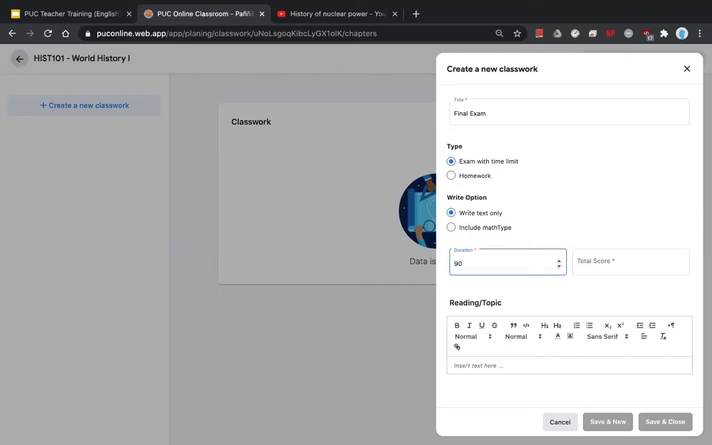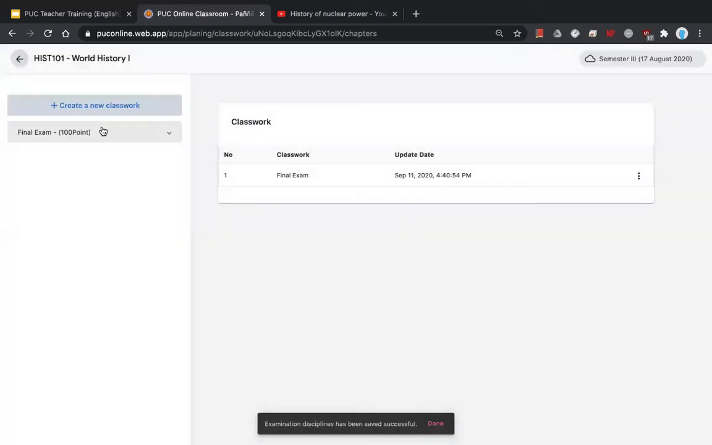If you put duration to 0, it means there's no time at all. So when the student clicks start, it will be auto submitted. We had this problem before, and we recommend that you be careful when you put the durations for your exams. So I would put 90 minutes here, and my score is 100. And now you can click save and close. So after you click it,